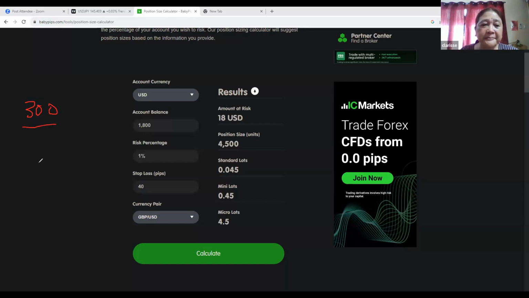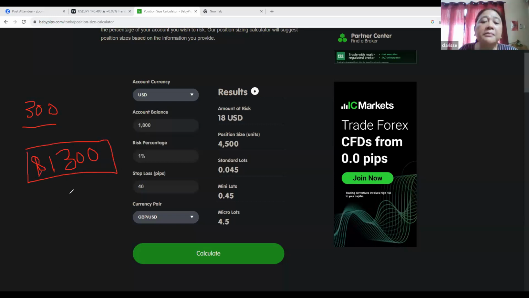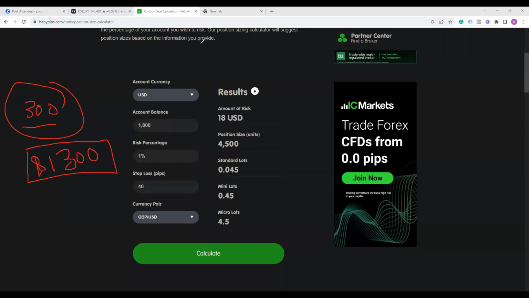So now your account will have $1,300, and you do not have to trade now if you are not ready. But get your $300 first before the promotion goes away. That's the one thing I keep saying, because the money that goes to your account is yours. As long as the money doesn't go to your account, it's not yours yet. Yes, that's right.